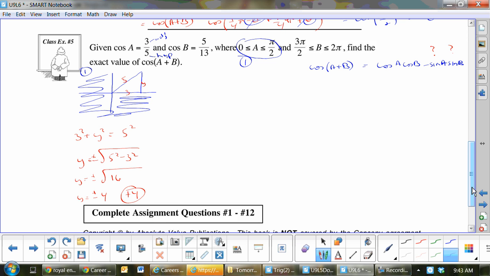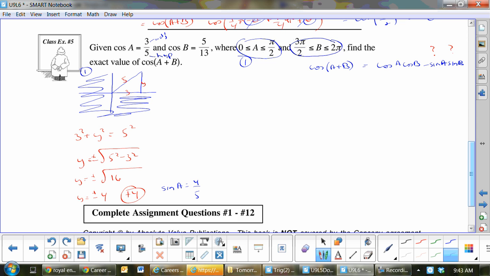So now, guys, I know that sine A equals 4 over 5. Now, do you see why this is such a great written response question? I see a picture, you picked the right quadrant, you did Pythagoras, you found sine, then you had to do